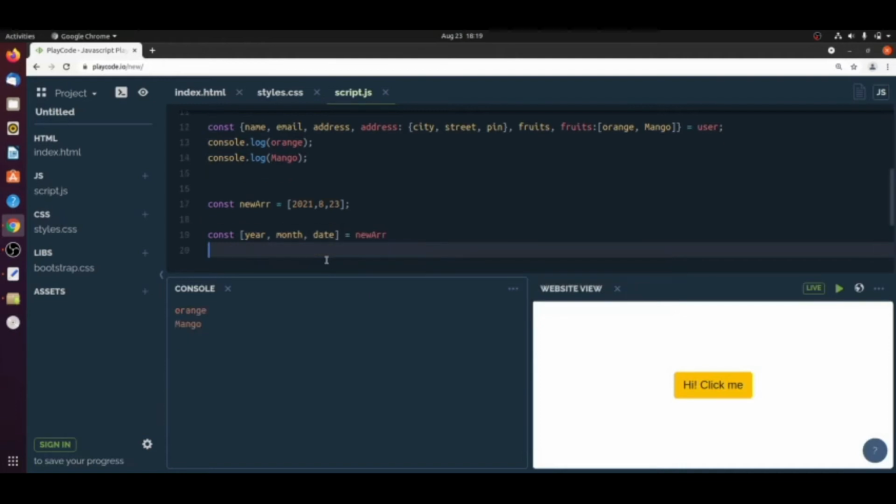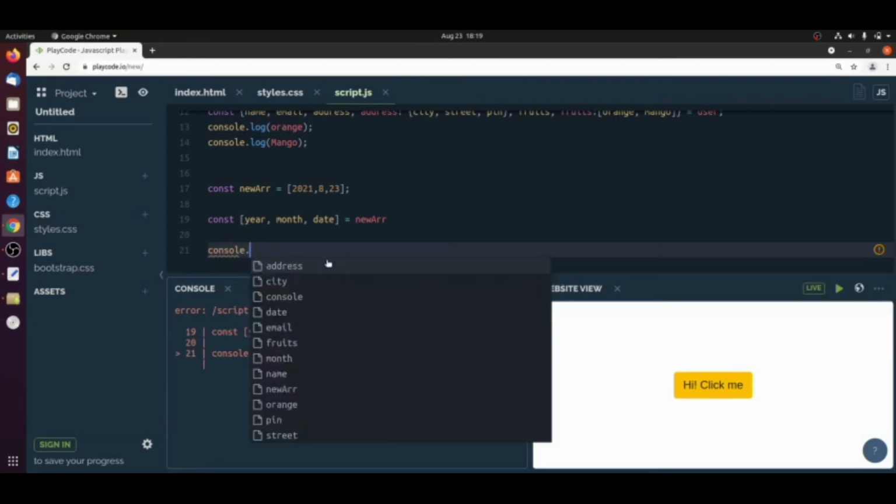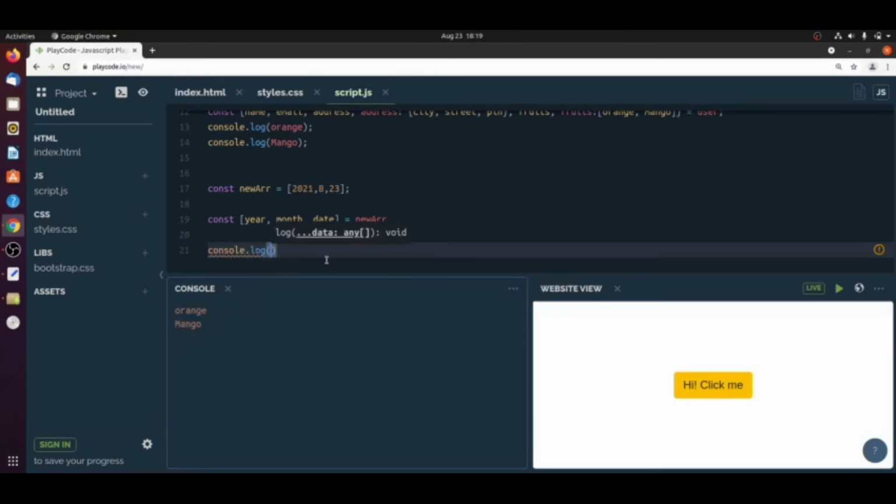Now if we print console.log year, see it will print the year. Unlike the previous method, we are not going to use the array name and array index.